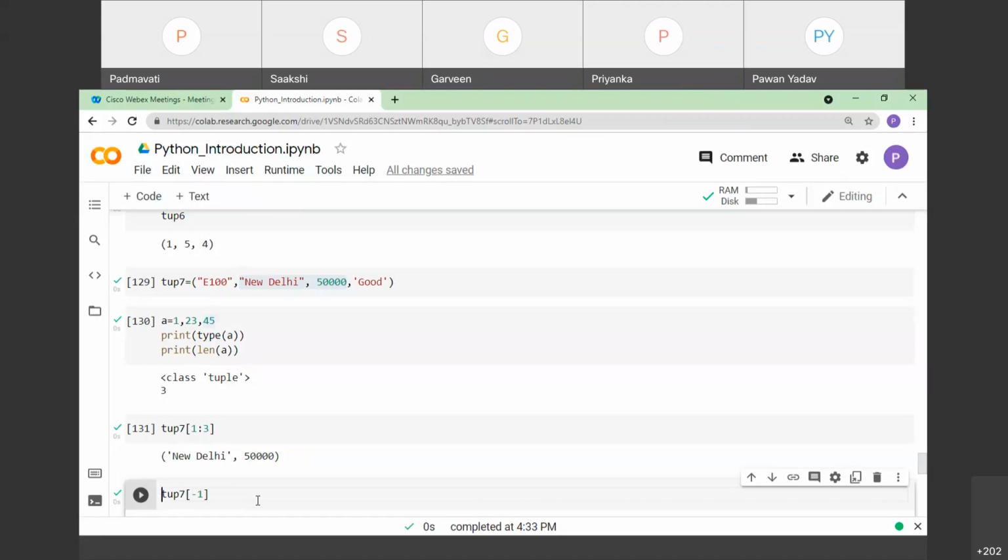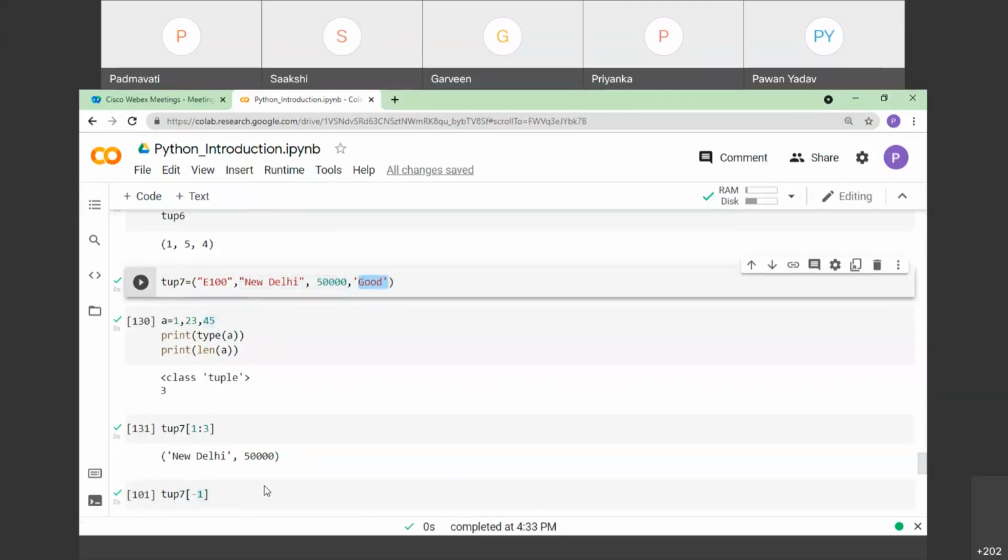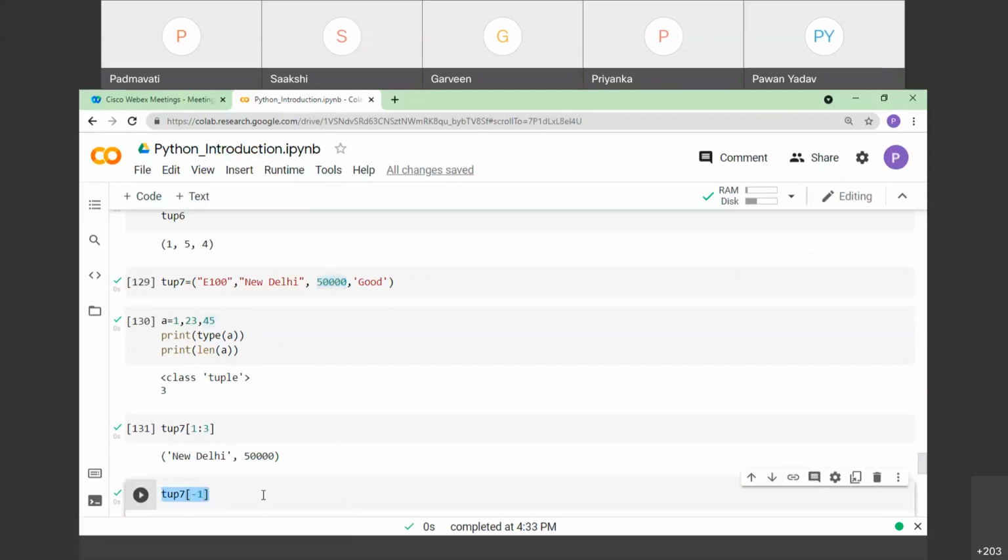For example, tup7 of -1 extracts the last one, that is, good will be extracted. If I provide -2, this one will be extracted, and so on. From the starting I use positive values, and to display from the last one I simply take -1, -2, and so on, right? We also illustrated this example while dealing with strings.